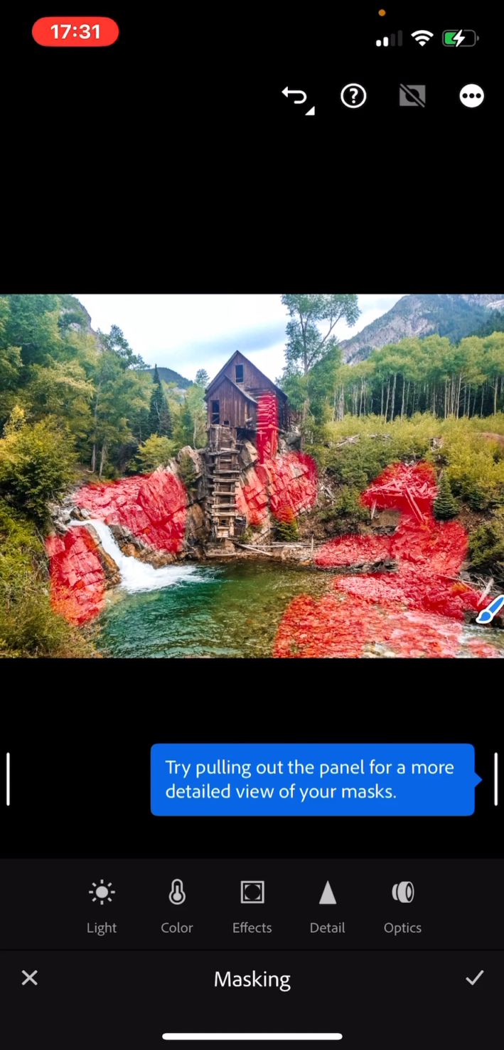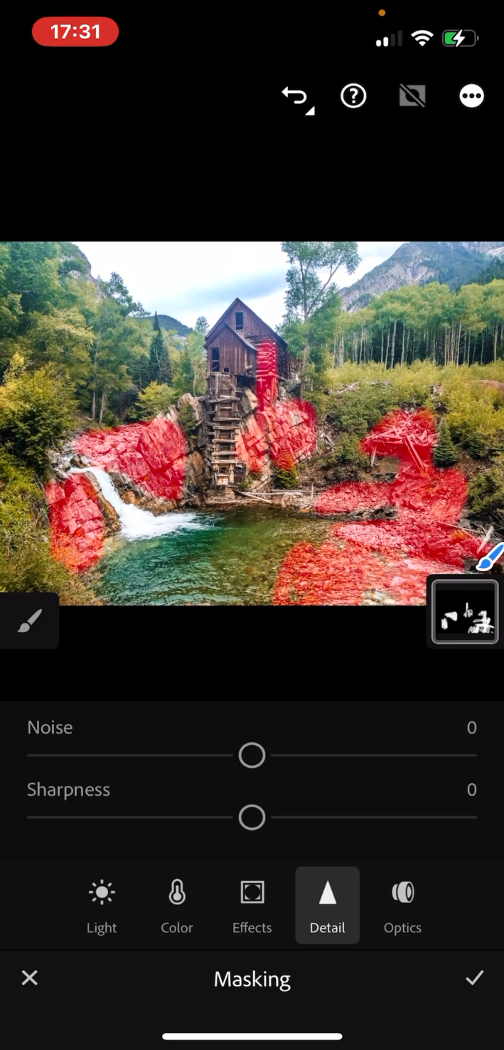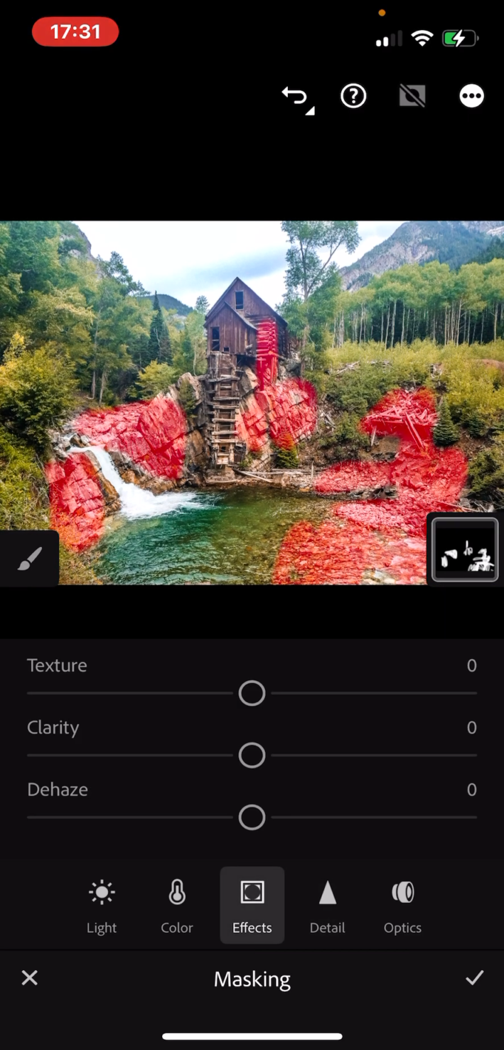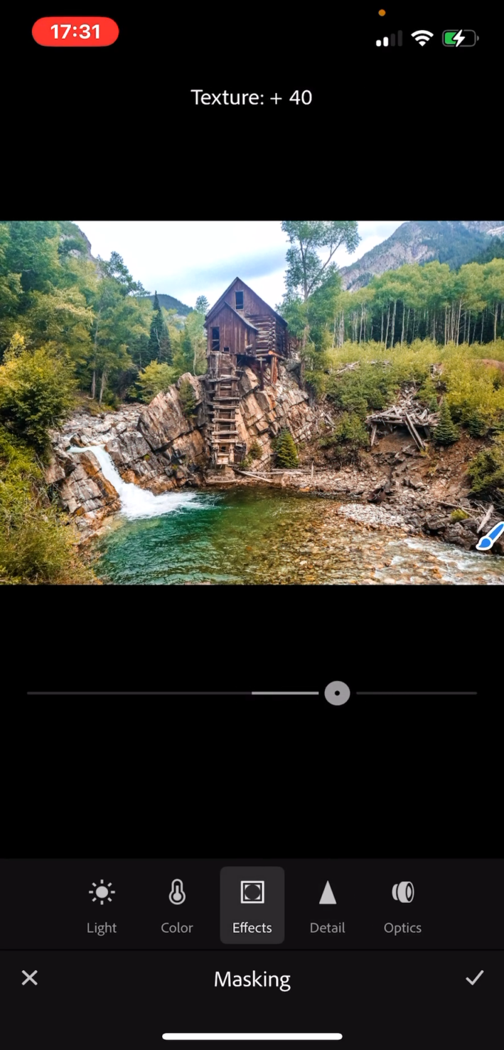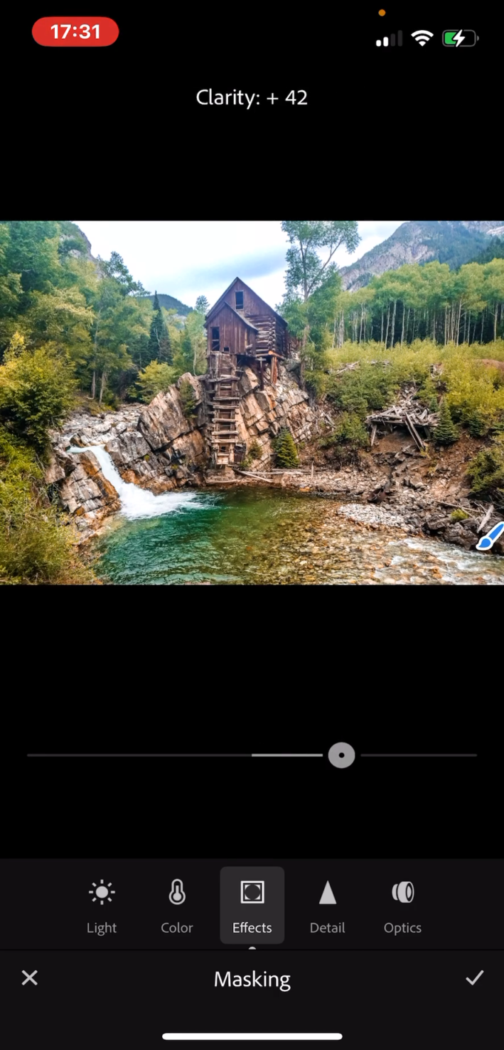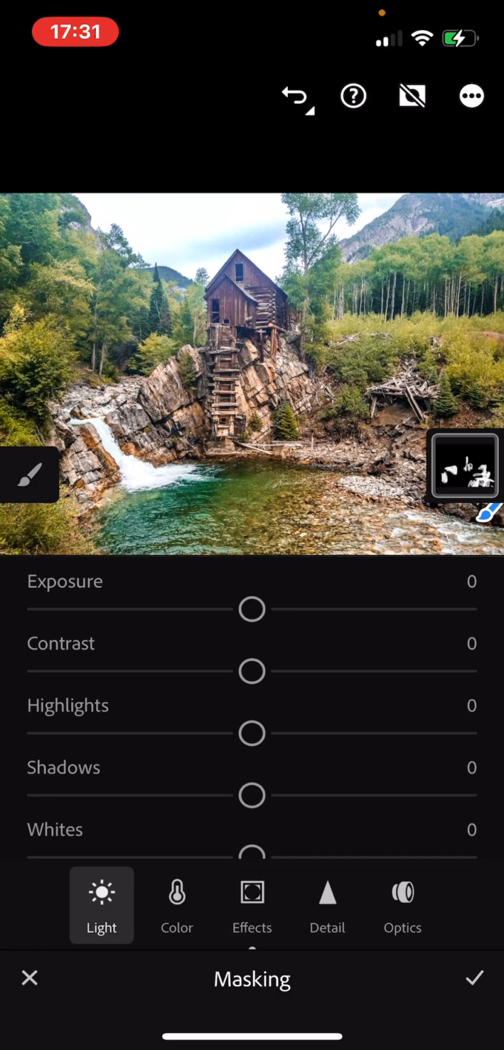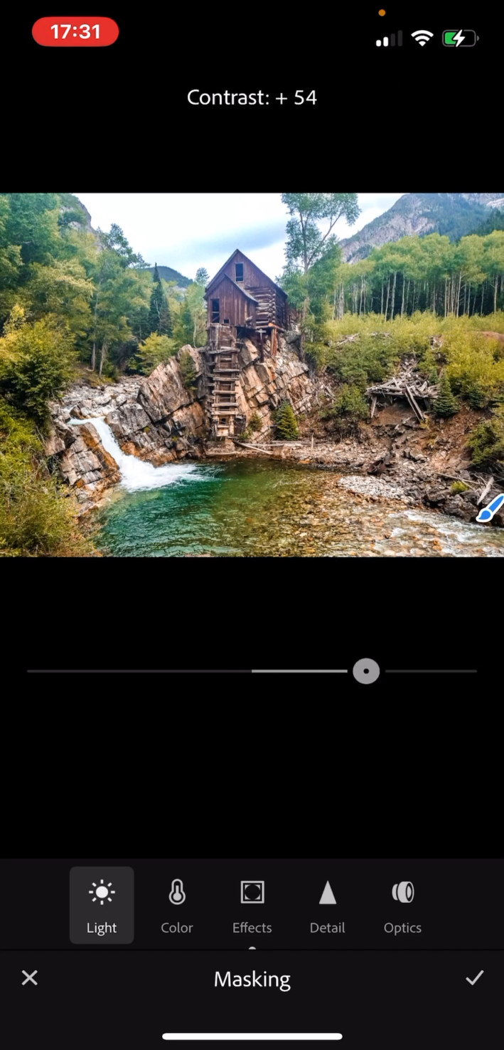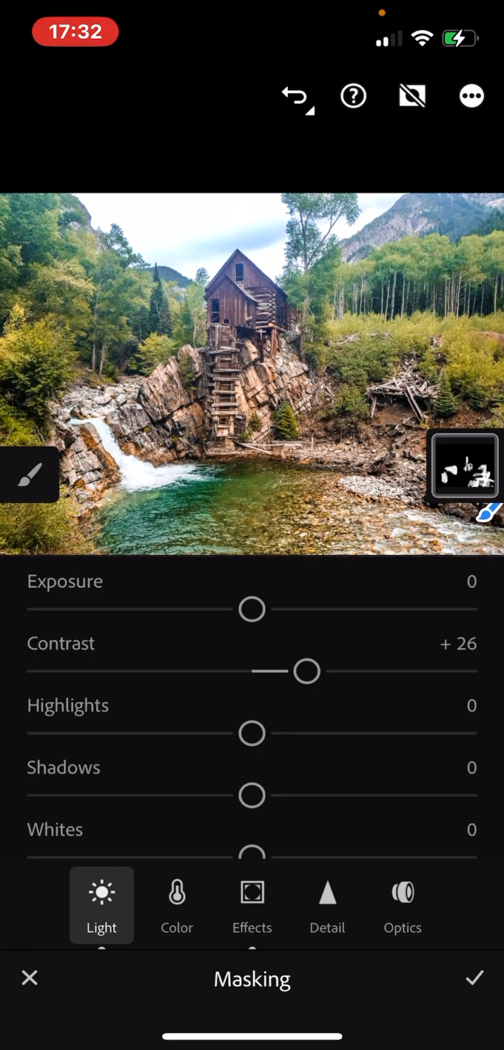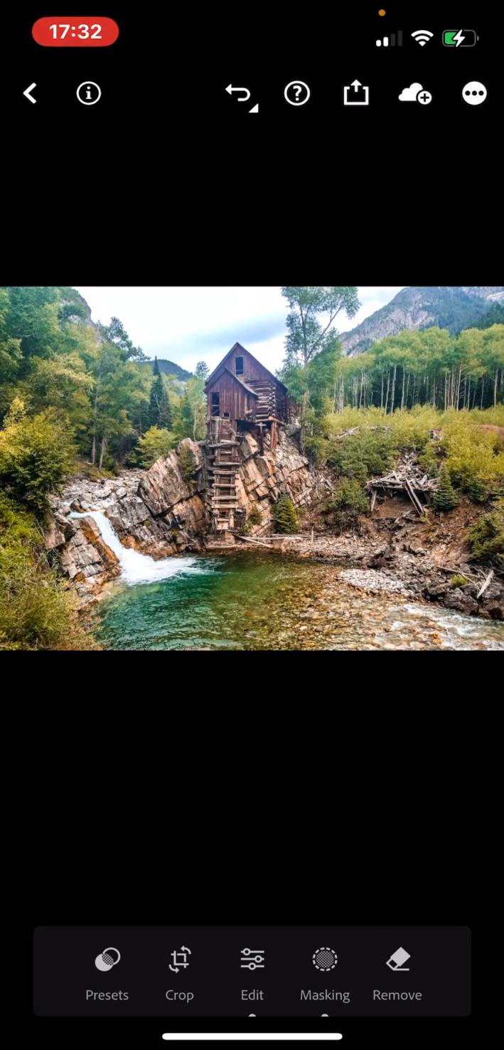Okay, now we're gonna go to detail and effects, add texture, and let's go up on the clarity a little bit. And we're gonna go to light, and we're gonna go to contrast, because we want to add contrast to there. Okay, now let's hit OK, and